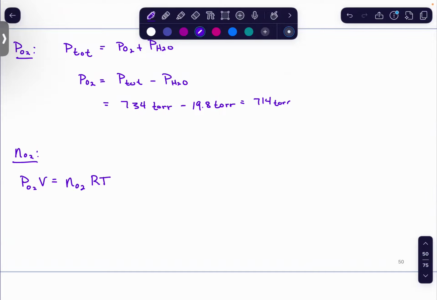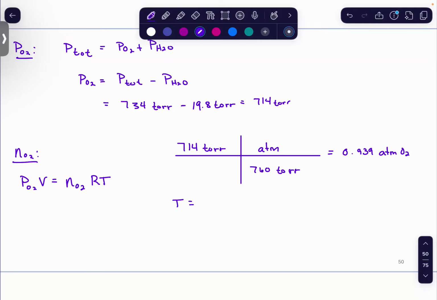So let's go ahead and change those. 714 torr over 760 torr per atmosphere is going to give us 0.939 atmospheres of O2. Our temperature, that is going to be 22 degrees Celsius plus 273, which is 295